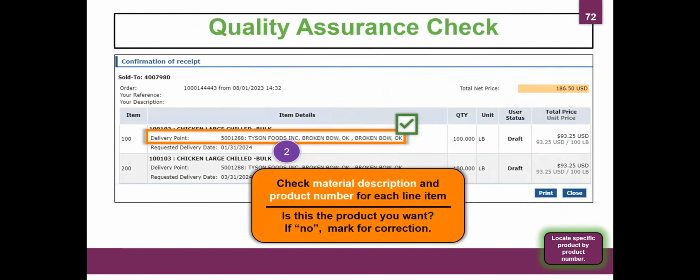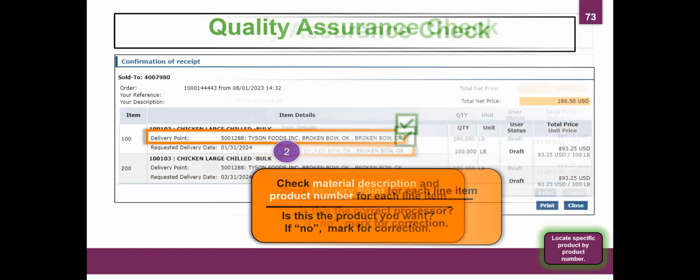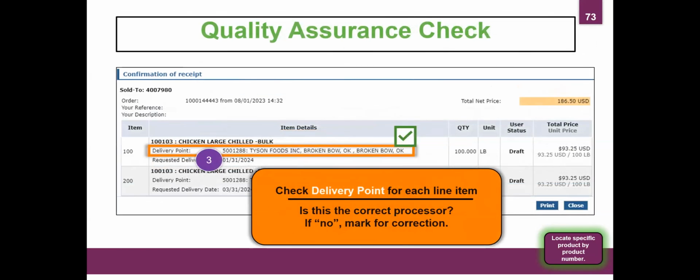and we're ready. So in our check, we're looking at those material descriptions and product numbers, right? Making sure that we have identified the correct product number based on our bid awarded processor. And does that processor accept the material code that you are sending to them? We're looking at the delivery point. Is this the correct processor?